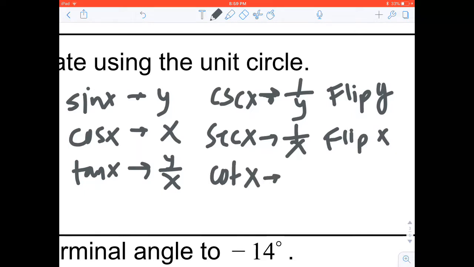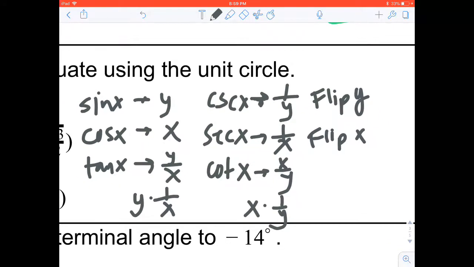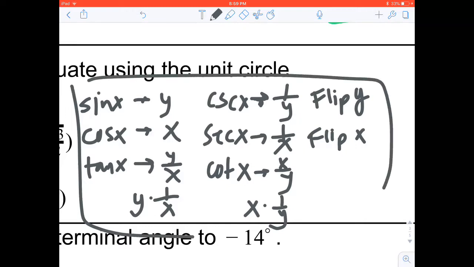Cotangent is x over y. Again, you flip your tangent, or it could just be easier to do x over y. And remember, both of these, like y over x, is the same thing as y times the reciprocal of x. And x over y is the same thing as x times the reciprocal of y. So sometimes it's easier to think of it in terms of multiplication instead of division, because that's what you end up doing anyways when you have these fractions that you're getting from the unit circle. So this is some key information for solving